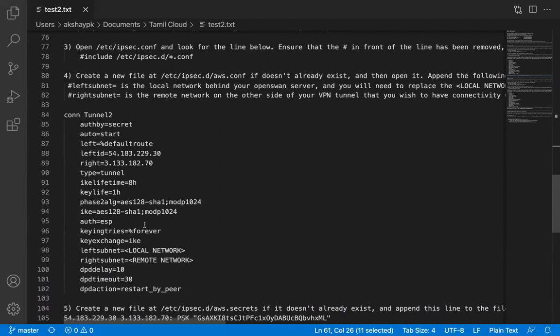I would highly recommend you try this out, where you take a look at how to create a site-to-site VPN connection between two networks. Once you try it out, you will get more clarity into it. AWS does so much under the hood that it's really easy for us to just download this configuration file, give it to your customer, and ask them to configure accordingly. But this is something where you sit with the customer and plan accordingly in regards to your address ranges and your CIDR blocks and so on.